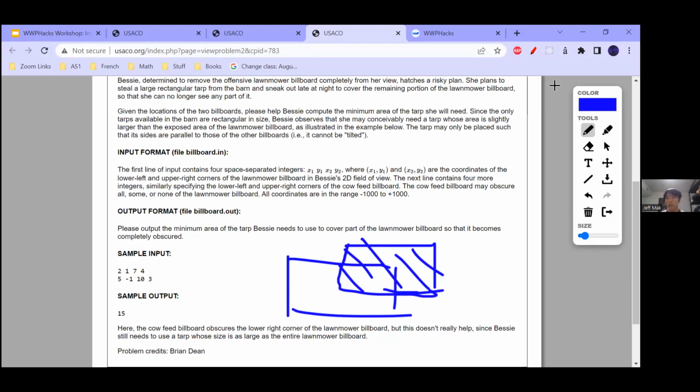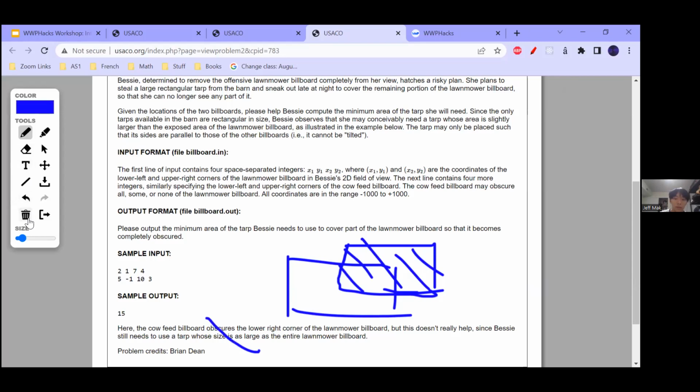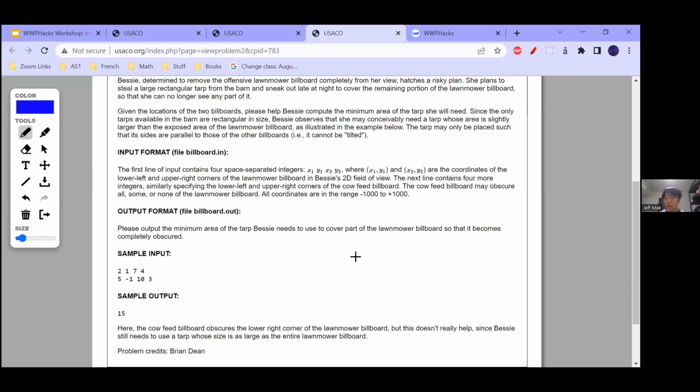So in this problem, you basically just want to look at how many corners are covered, and how you do that is for each corner on the lawnmower billboard, which is the one that Bessie doesn't like, you can use a method to check.